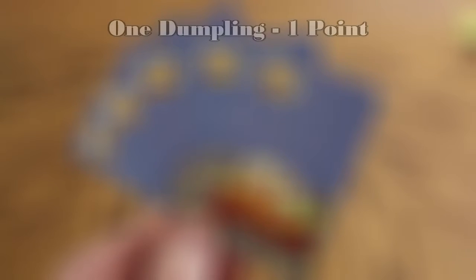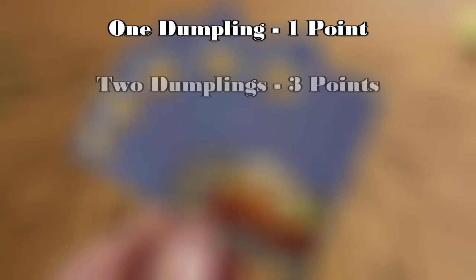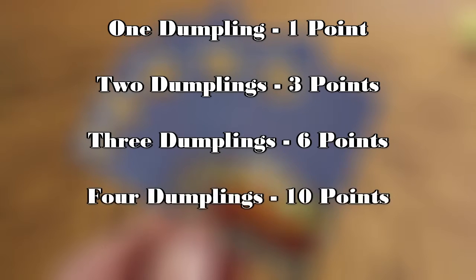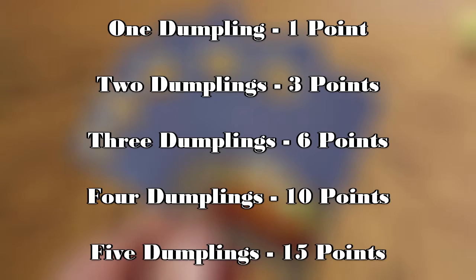Dumpling cards award points based on how many dumplings you collected. 1 dumpling card will net you 1 point, 2 cards will net you 3 points, 3 cards, 6 points, 4 cards, 10 points, 5 cards, 15 points. Any more than 5 dumpling cards will give you a maximum of 15 points, therefore collecting any dumplings beyond 5